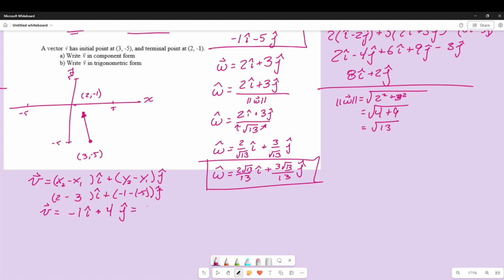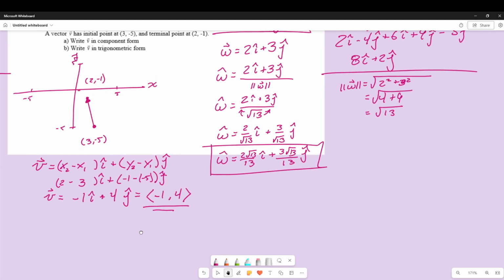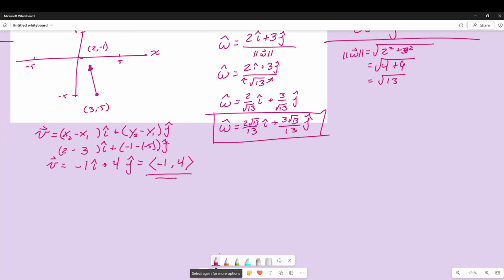You could also have written it in position vector form if you wanted to express it that way. If you were asked to do that, that would be fine as well. The process is the same. Now, trigonometric form, if you recall, has the magnitude of the vector multiplied by the cosine of the